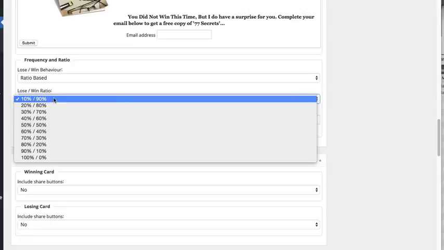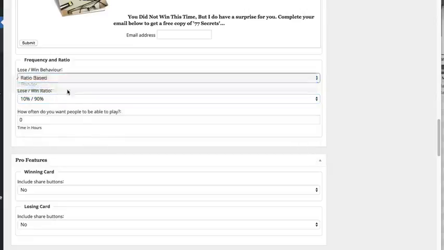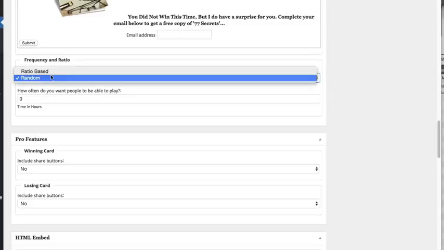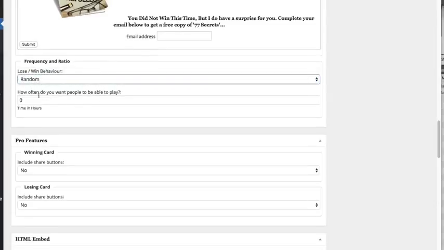Now obviously this is going to be determined according to an algorithm, so it's not absolute, okay, but you can choose random or ratio based, and then you can choose how often you want people to be able to play. So if you wanted, for example, someone to be able to use the scratch card, but you didn't want them to be able to try again for another 24 hours, you can pop that in here, and then